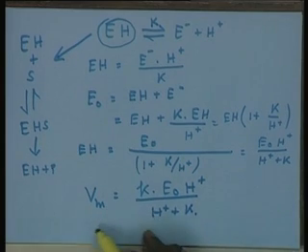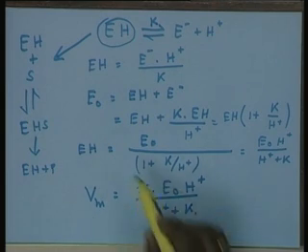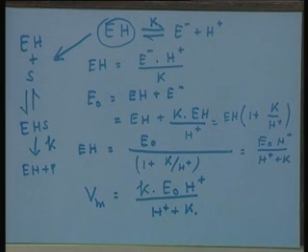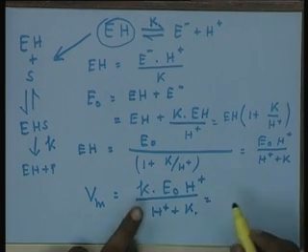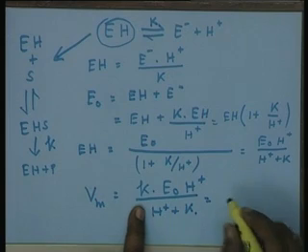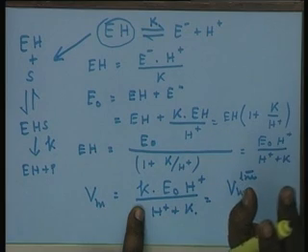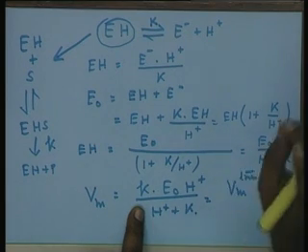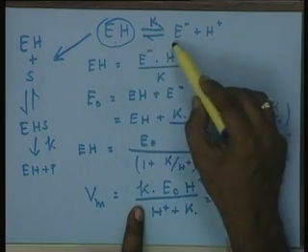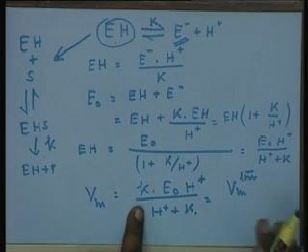Is that right? Now, the Vm will be essentially, if all the enzyme is present in the form of EH, then you multiply the rate constant k with the concentration of EH. If the total enzyme concentration E naught is present in the form of EH, that is your Vm true. That is the maximum reaction velocity one can achieve at some pH when predominantly all the enzyme E naught is present in the form of EH, that is, the concentration of E minus is negligible, and that is the true Vm actually, and this upon